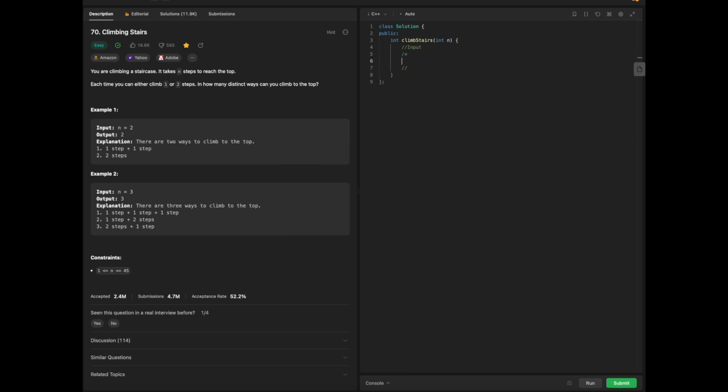what the input is going to be, what data structure, algorithm, or technique we need to use, what to do with the data, and then what our output is going to be. So now,